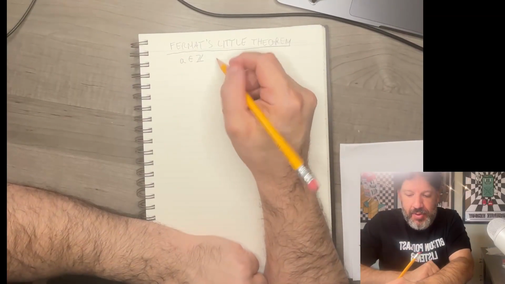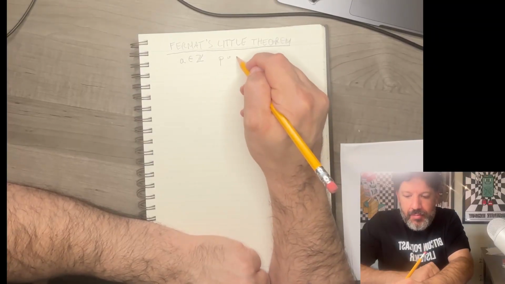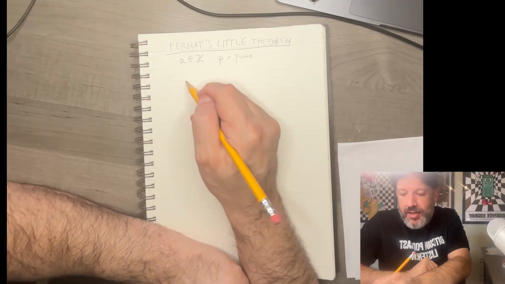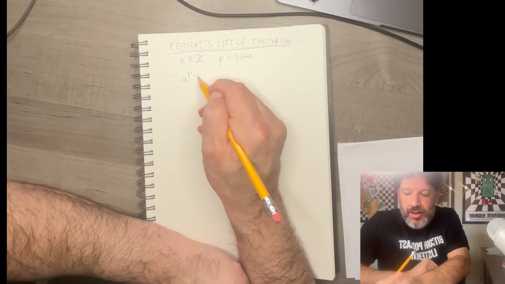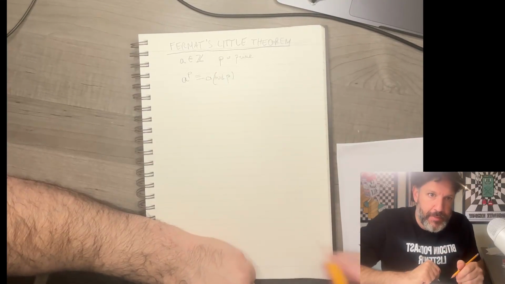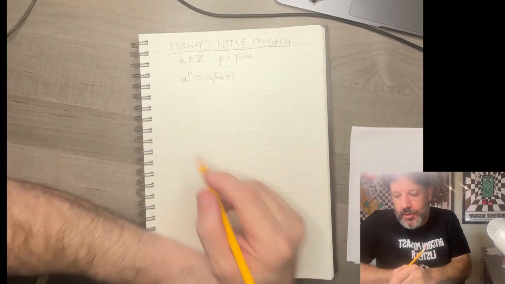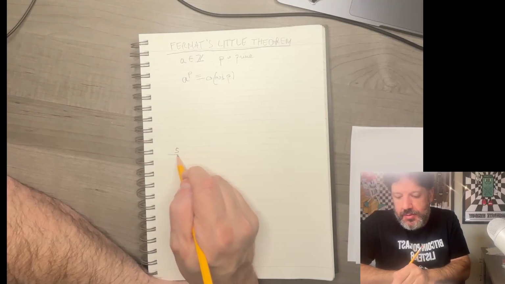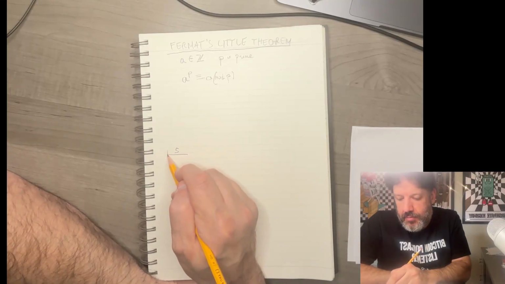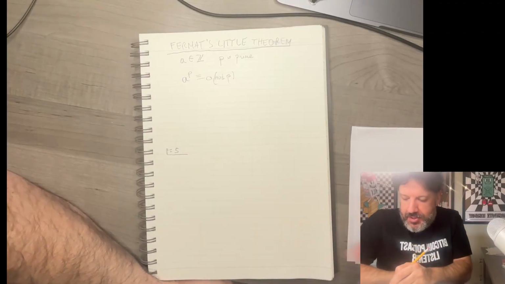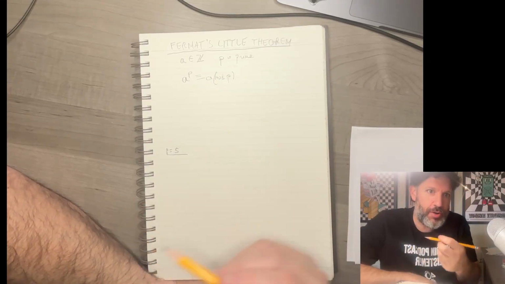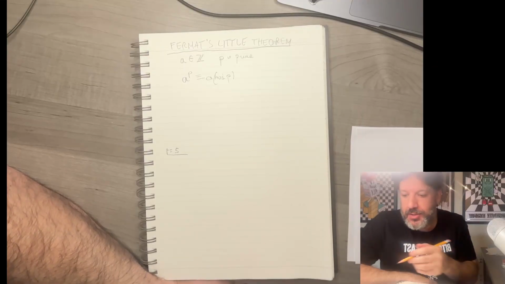Okay, and then what we're saying is that p is a prime number. Okay, and what Fermat's little theorem says, in many different ways, one way to say it is a to the p is congruent to a mod p. Let's use some real numbers. Let's use 5 as my modulus, okay? So if p equals 5, then what we're saying is any number a mod 5, so really 1, 2, 3, 4, and 0 are the numbers mod 5, any of those numbers,